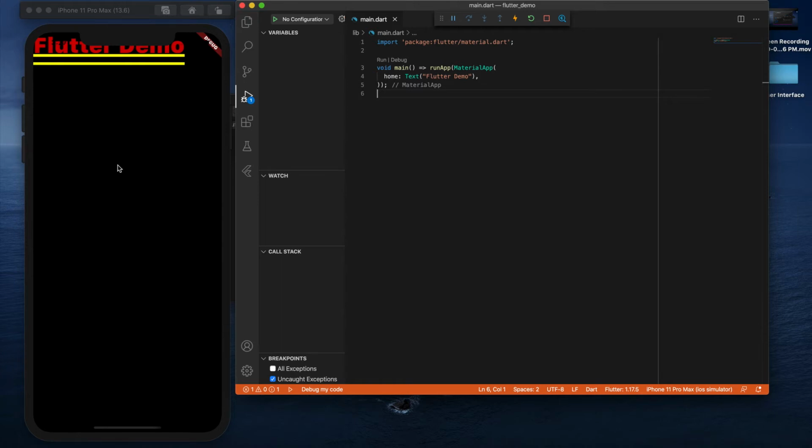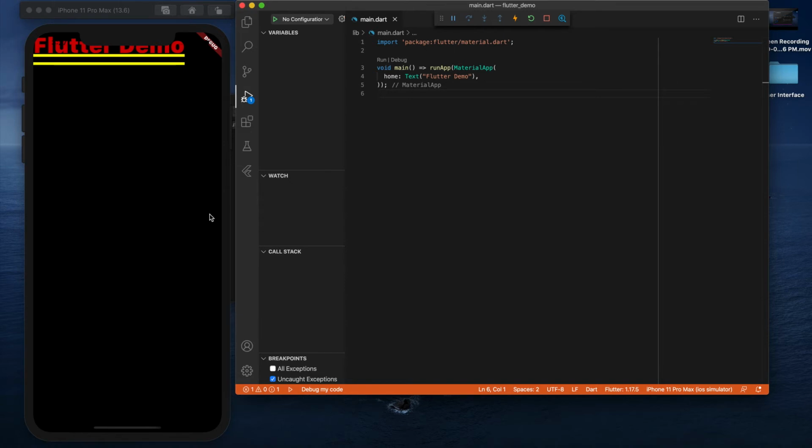To add more widgets in our application and make it look better, the first thing we're going to do is add a scaffold widget. The scaffold widget is like a wrapper to different layered widgets. This will help us create a basic layer for our application. It helps us set up an app bar, some action buttons, and many more. So let's see how we're going to add it.